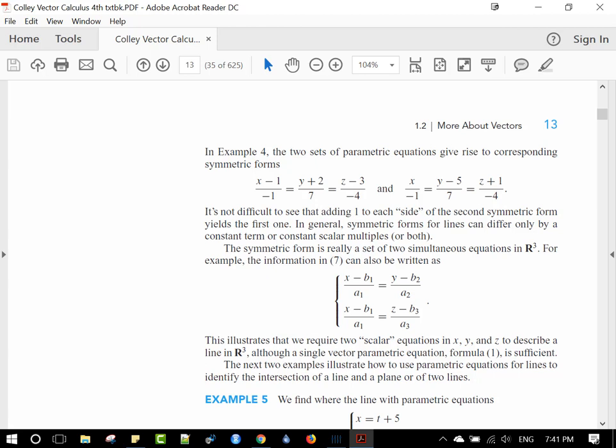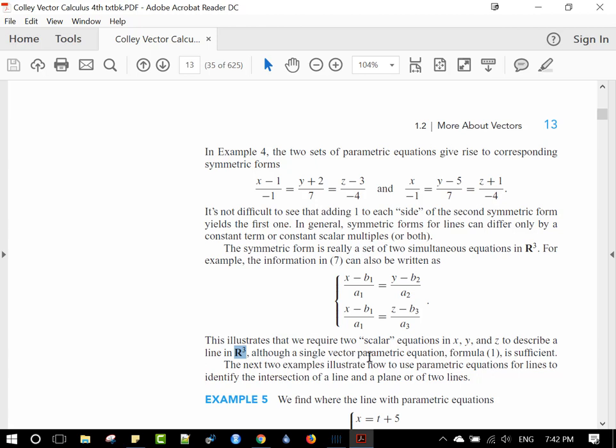Then she says the symmetric form is really a set of two simultaneous equations in R3. So that we have this equals that, that's one equation, and this equals that, that's a second equation. This illustrates that we require two scalar equations, so these are not vector equations, two scalar equations in x, y, and z to describe a line in R3, although a single